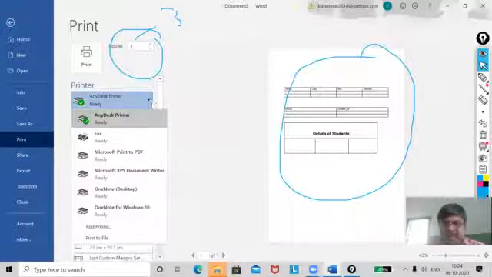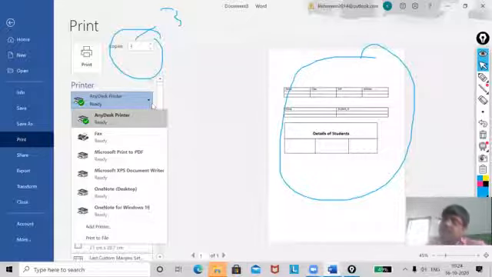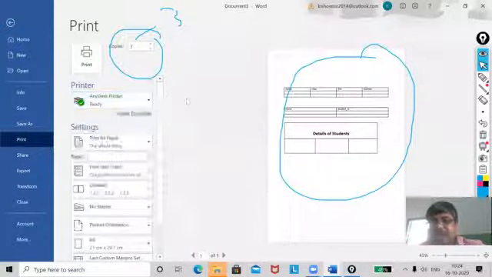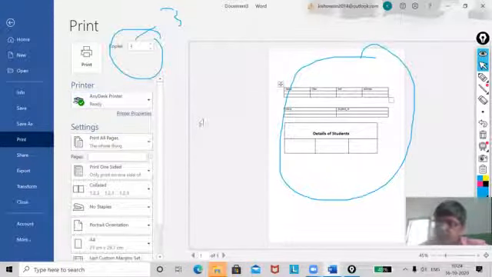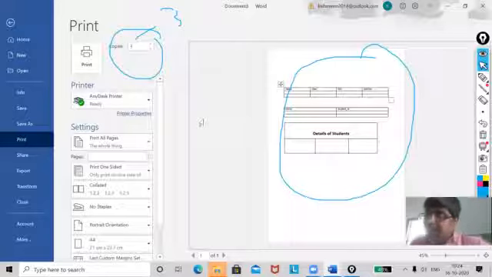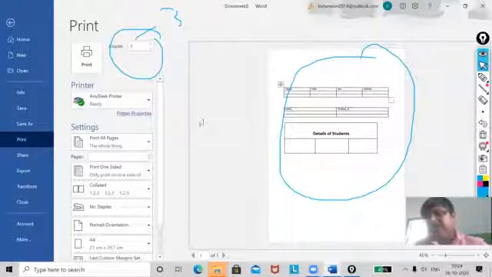Now, if you have other types of printers, suppose I have an HP 1050 plus, and one more printer, LX 20 plus. Whichever printer is ready, you have to select it here, my dear. Both printer names will be shown, and you select the one you like. Otherwise, your default printer will work. But maybe that printer is off, how can it print? Or the printer has a problem, how can it print?